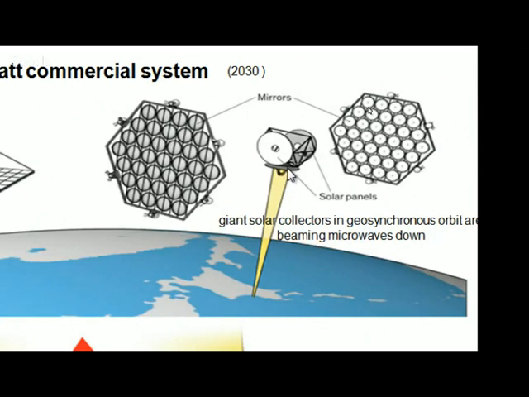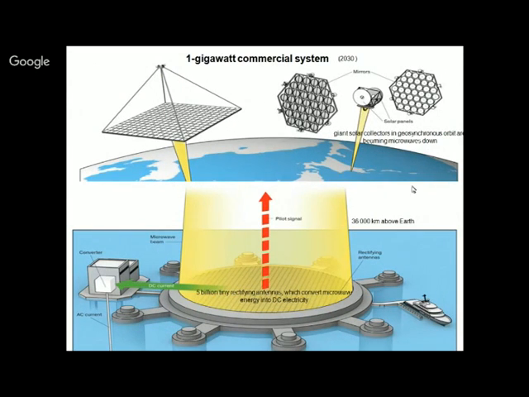So after converting to microwave, this is being beamed down to that Tokyo man-made island. It is a man-made island they have made there, and this is being beamed and it is coming, and here on the ground, the ground station has 5 billion tiny rectifying antennas which convert this microwave into DC